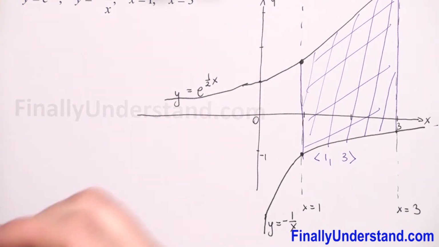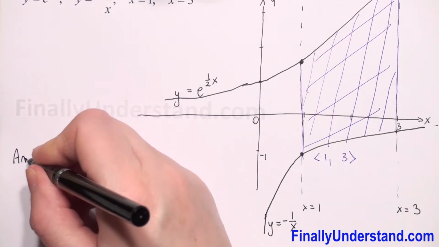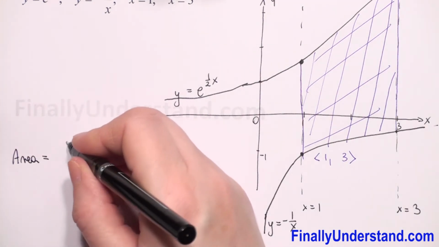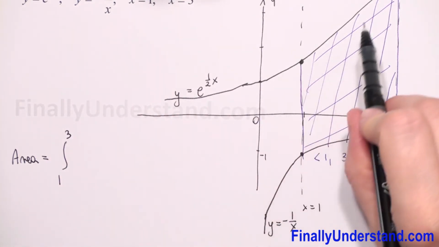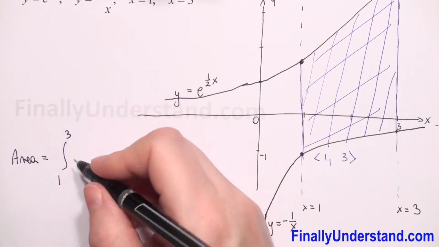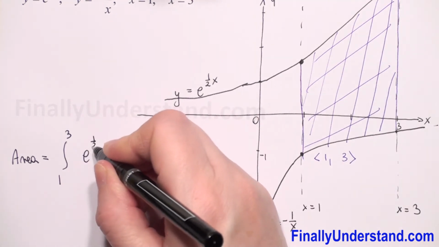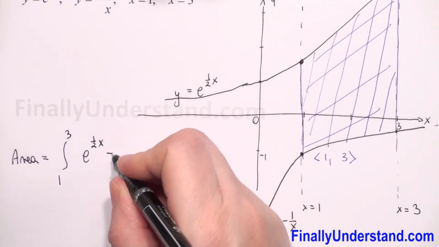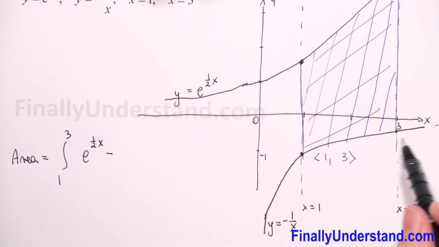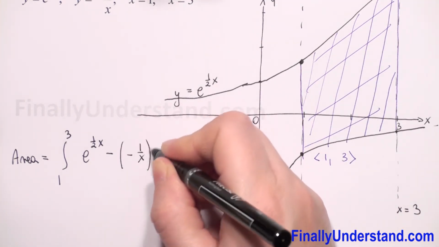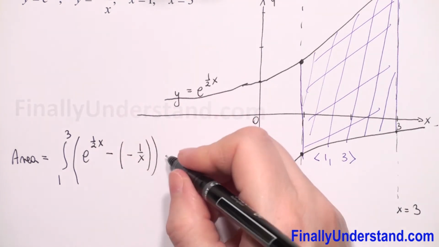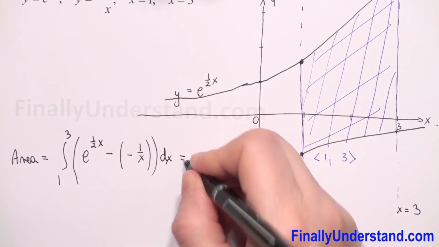So our area is equal to the integral from 1 to 3 of the upper function, e to power 1/2 x, from which we have to subtract the lower function, so this is -1 over x, with respect to x. This is equal to